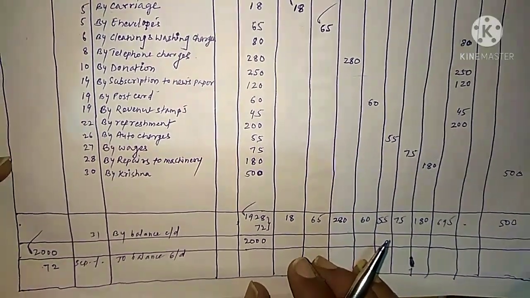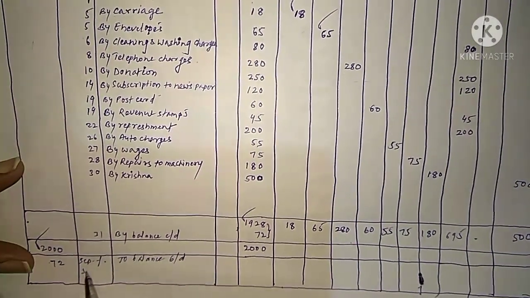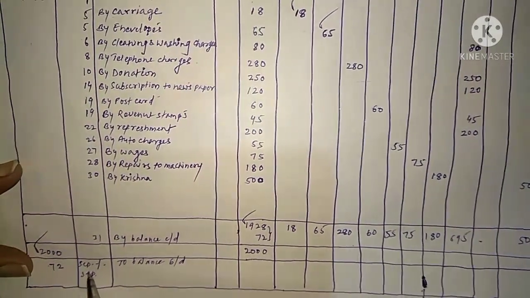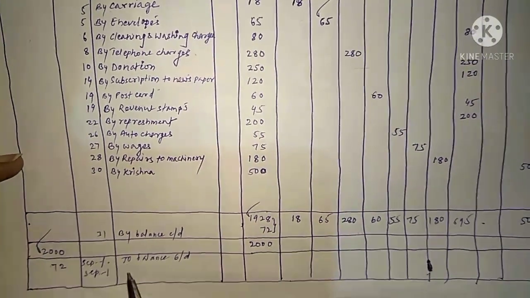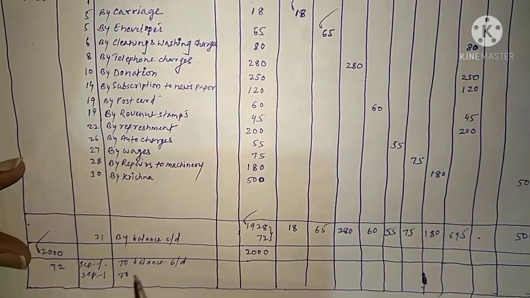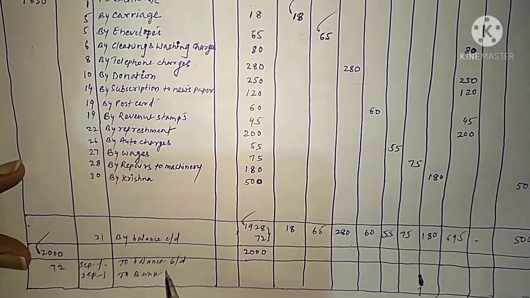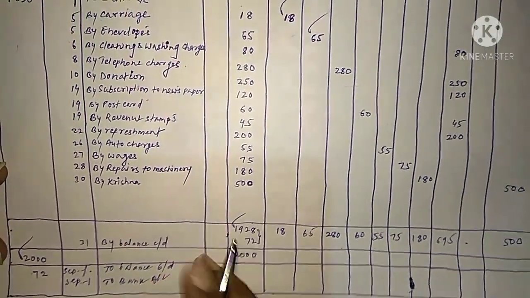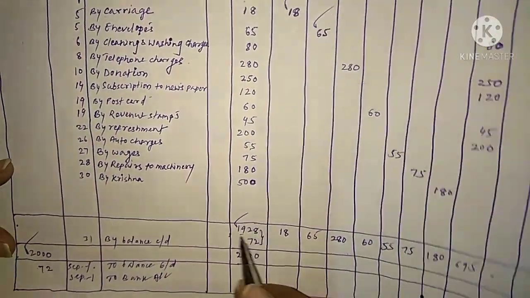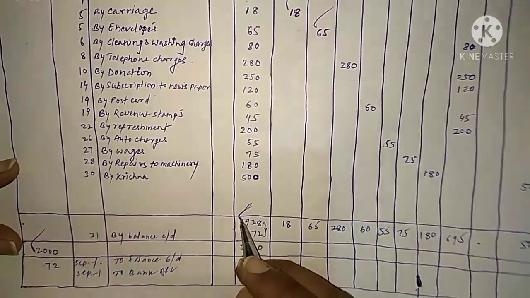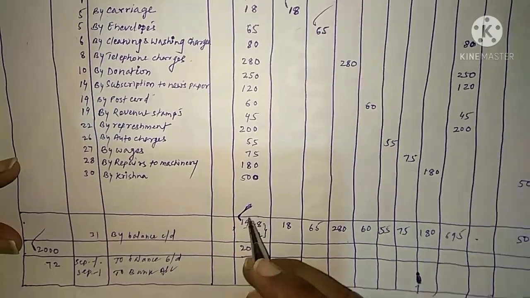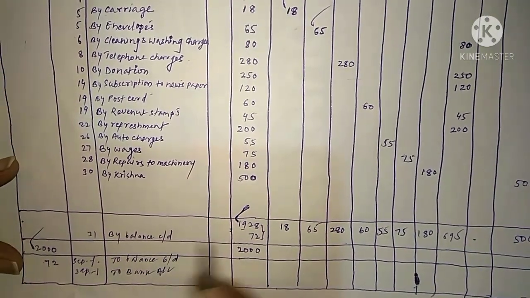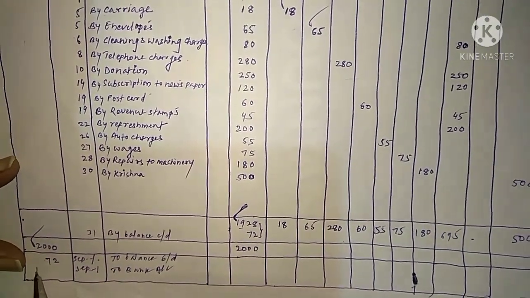And then September 1st, for imprest money to bank account, in amount column we have to write this amount 1928. This is total expenses. Whatever total expenses have been made by the petty cashier, that total amount is going to be imprested. So this amount we have to write here, 1928.